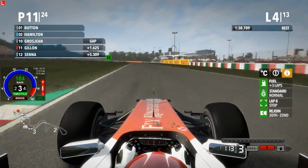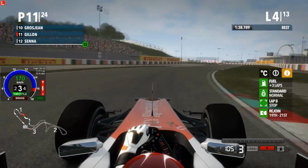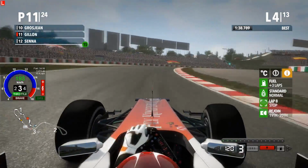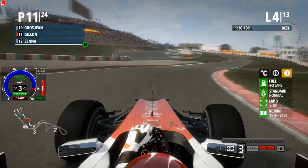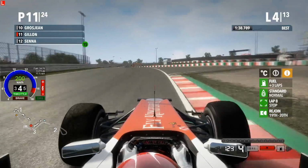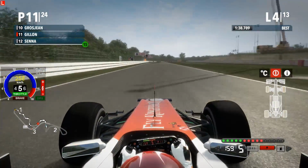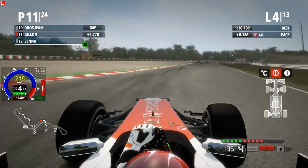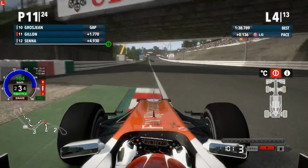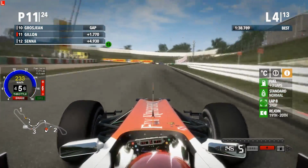Paul's pitting this lap. Manual tells me Paul the rest is pitting this lap. I might pit soon for options, to be honest, because I don't think tyre wear is very high on this track. I'll have a look in just a minute when I'm out of these S's. I can't be checking that when I'm trying to constantly corner. As I get on the grass, and almost got on the grass the other side, I had to ease off a bit. Tyre wear's fine, do I dare go to it already? End up stuck in traffic. Let's have a look, quite a big gap to behind. It reckons I'll come out in P19 to 20, so...